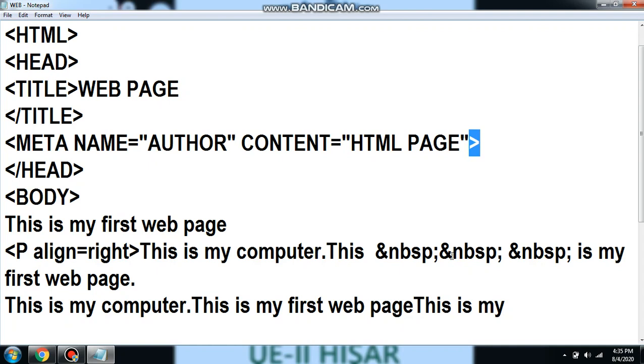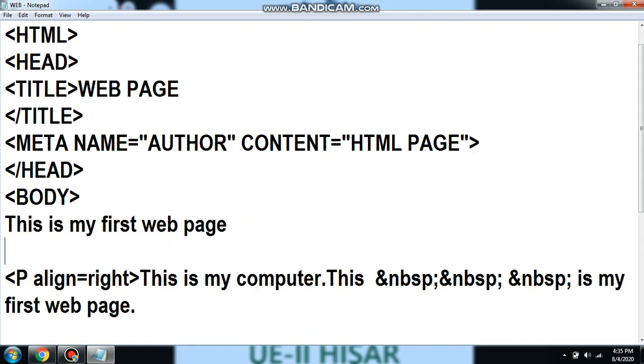Next tag is comment tag. What is a comment? Basically we use comments for inserting that type of information that will not be displayed on the browser. That is for our reference only. For example, here I am inserting a comment. So this is the way to insert the comment. Exclamation symbol, then two hyphen symbols, then you can type the text here. Text can be any text.